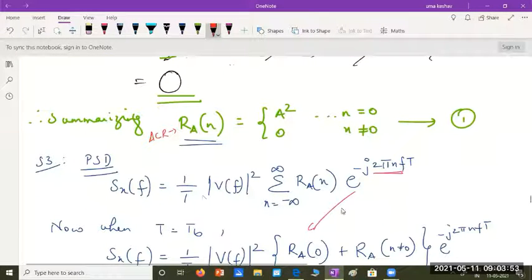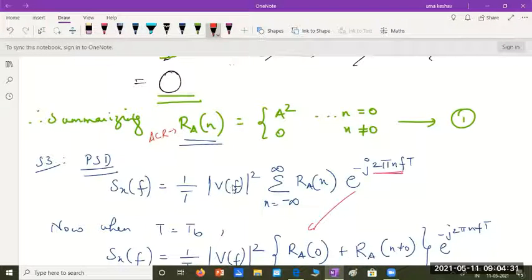We are using the standard equation to find the power spectral density. Power spectral density is found as the Fourier transform of the autocorrelation function. Since the autocorrelation function is defined for discrete symbols and discrete times, we are going to take summation instead of integral in the Fourier transform. So this is the expression of the Fourier transform. And we have the actual symbol which we considered to be time shifted version of the rectangular signal. So that signal we called V of t.